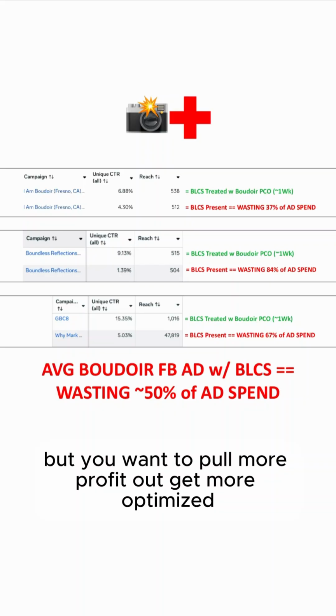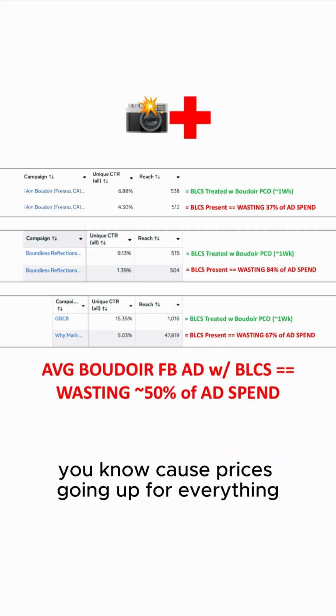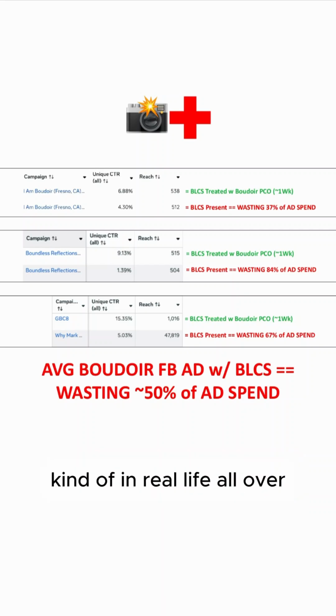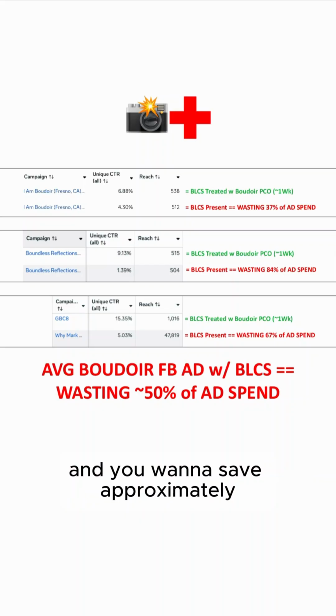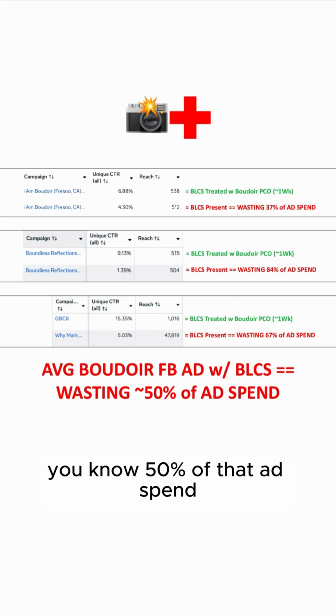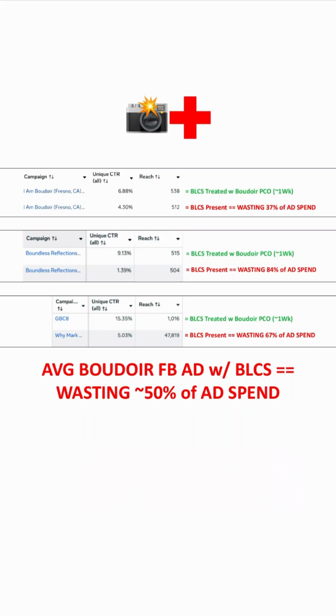But you want to pull more profit out, get more optimized, get more out of your ad spend, because price is going up for everything kind of in real life all over. And so if you're spending more than 10 grand a month and you want to save approximately 50% of that ad spend, eliminate that, put that back in your pocket,